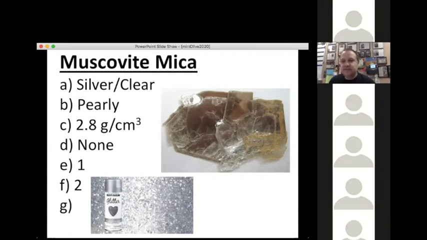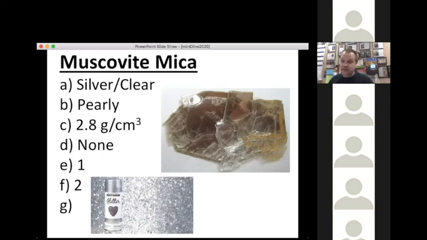Letter C, I asked for the density of muscovite mica, and it is almost 3, 2.8, so not very dense either. Remember, your non-metallic minerals are usually less than 3 or 4. Letter D, the streak. If I scratch this on the pad, it doesn't leave anything. There's no marks, no powder. So D is